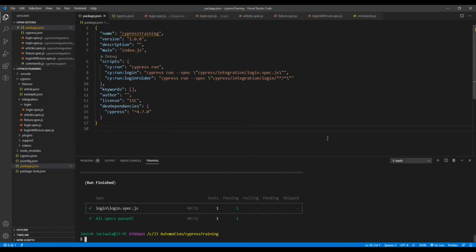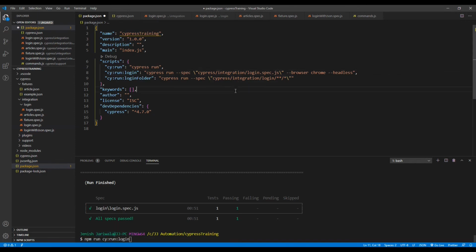Let's restore this terminal. Similarly, if you want to execute spec files in a specific browser, for that we can pass the option browser and then pass the browser name. Let's take the same example of the login spec file. Over here, we want to execute these spec files in the Chrome browser. So for that we need to pass the option name browser and pass Chrome, or whichever browser you want to execute on. Over here you can pass Chrome, Edge, Firefox, Chromium, and to run headless you need to pass the option headless. That's it. Now to run this command we can call npm run cy:run login.